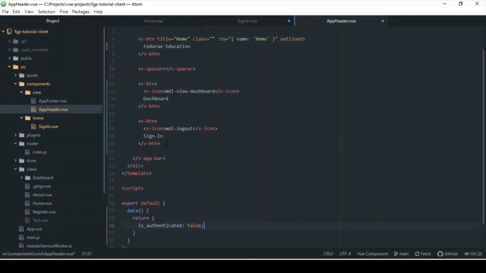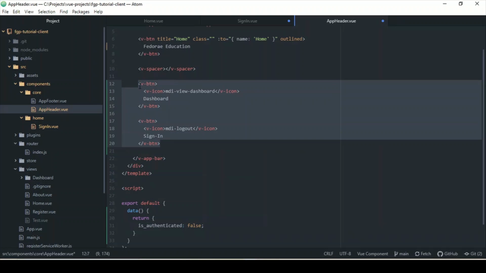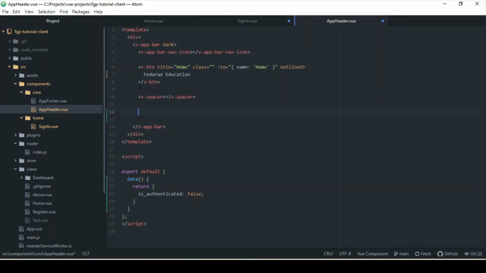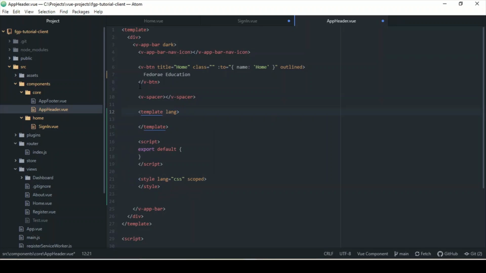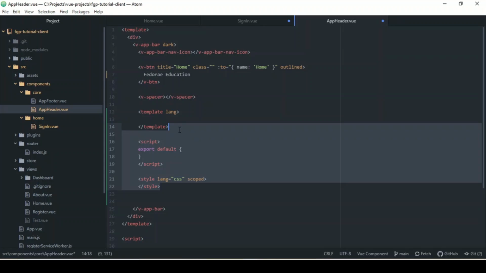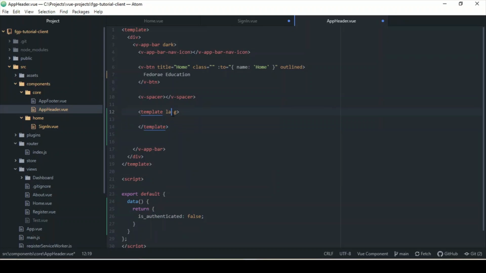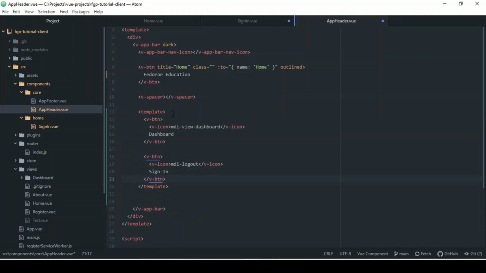So what's really going to happen is that we're going to grab all of this here, and then we're going to say, let's put a template tag. We're going to remove this. All we need is a template tag. So we're just going to do that. We're going to put this here. So what we're going to say is that we're going to do an if statement to say if the person is authenticated. So if isAuthenticated,